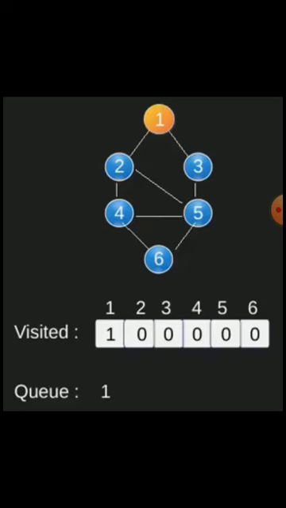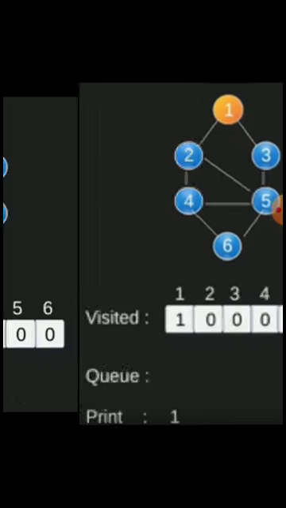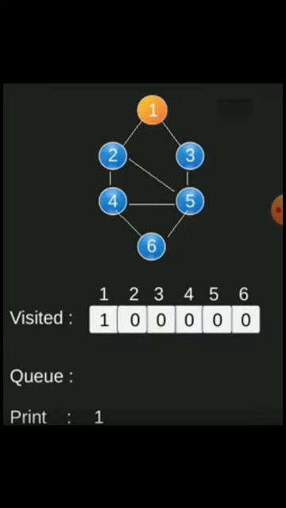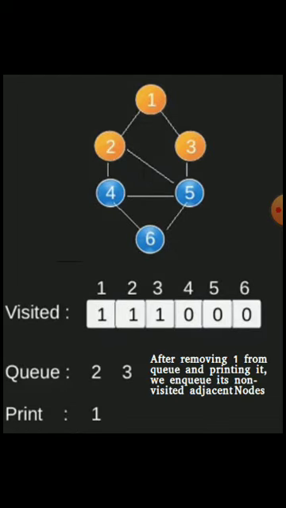Now you are at 1, and there is only a single node in your queue, that is 1. Whenever you pick up 1, you have to push 2 and 3, the adjacents of 1, into the queue, and you have to print 1 in the printed list. So 2 and 3 are kept in the queue and 1 is in the printed list.